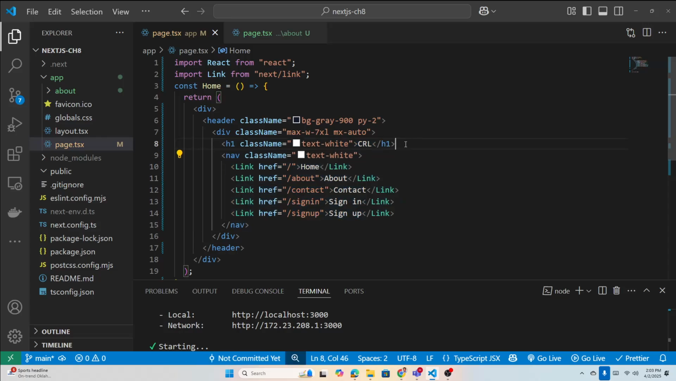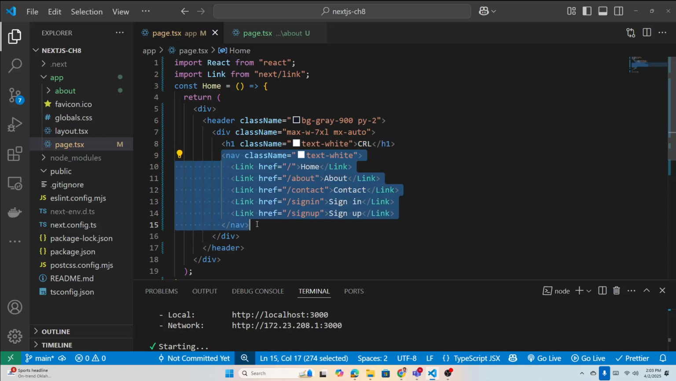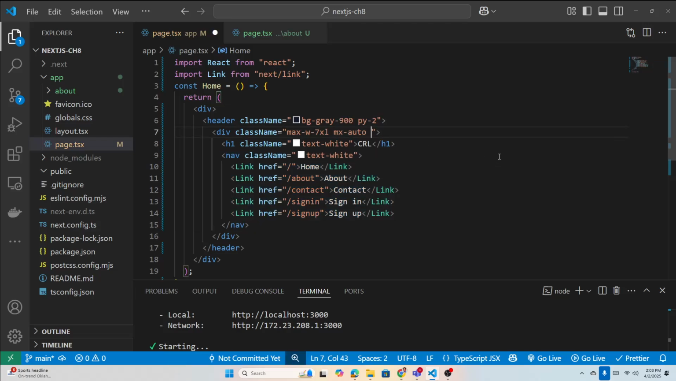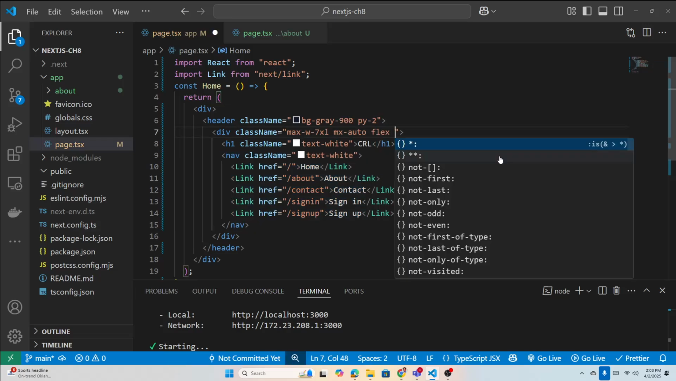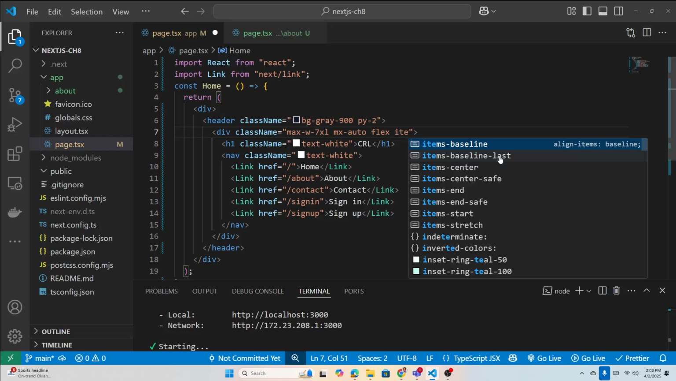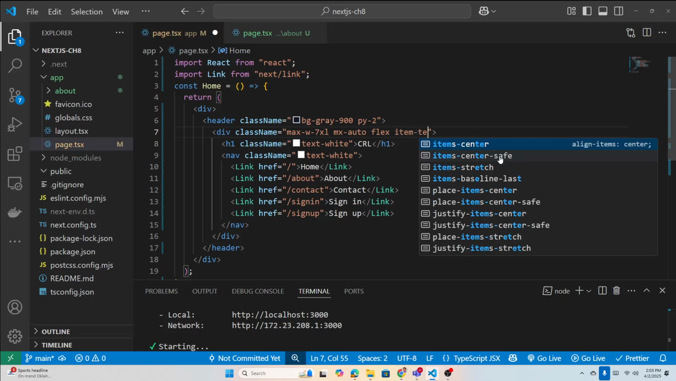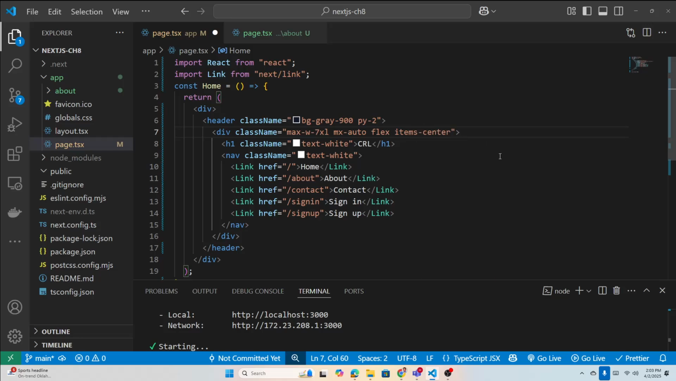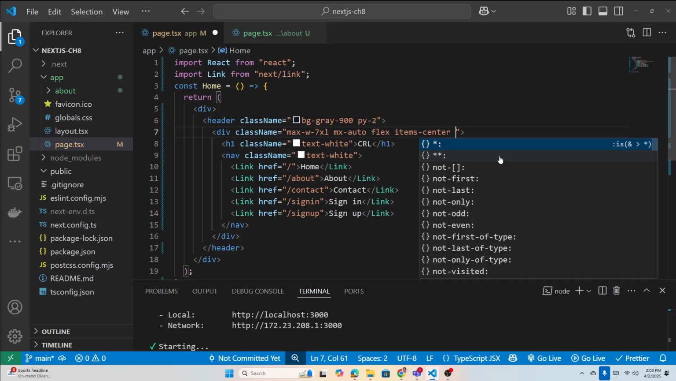So how am I going to make this one on the left and this box on the right side? That is now the magic of flex. An item will be in the center, right? So vertical center, and horizontally space between. So the two children will be